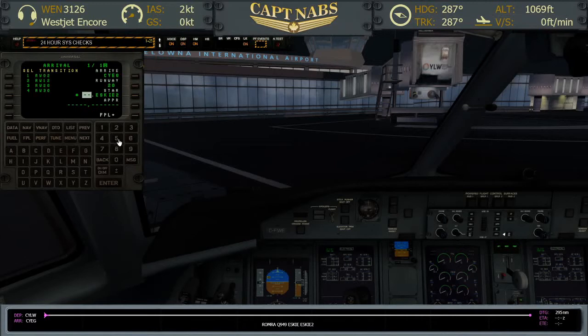GSX wants me to open exit 4. Give me 1 second, GSX. Runway 20 transition. We'll plan on an RNAV Zulu to runway 20. I don't know the transition, I'm just picking the first one. We will analyze it once we're airborne. Alright, in the meantime,